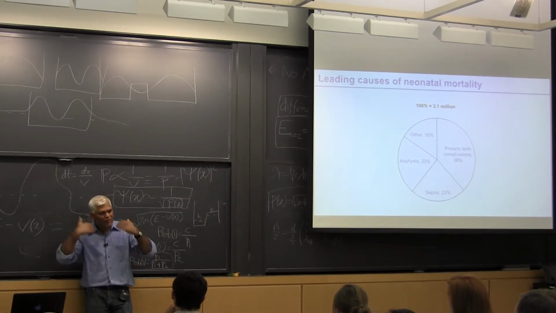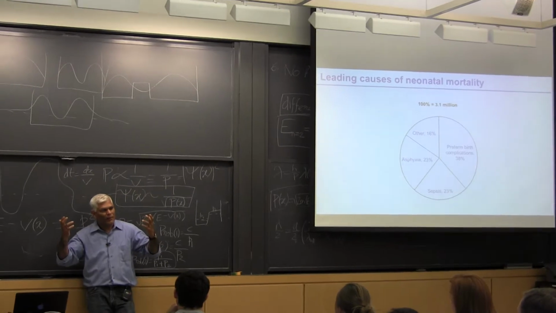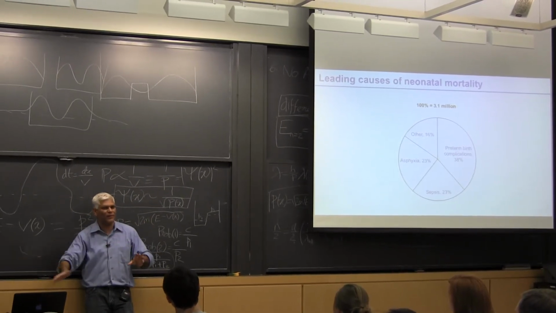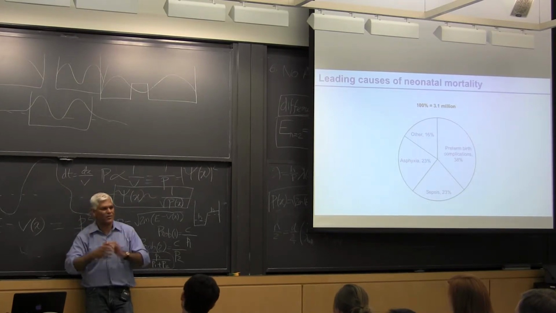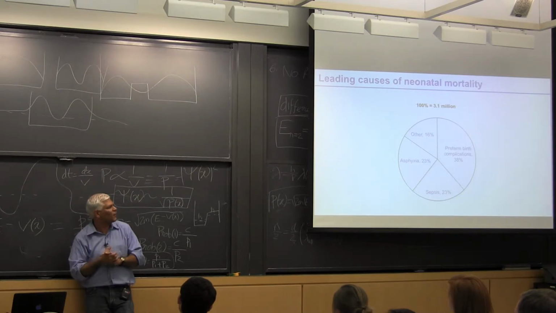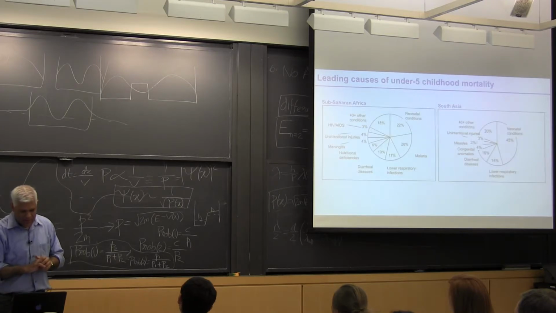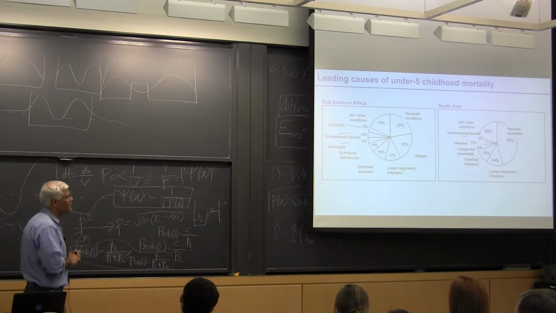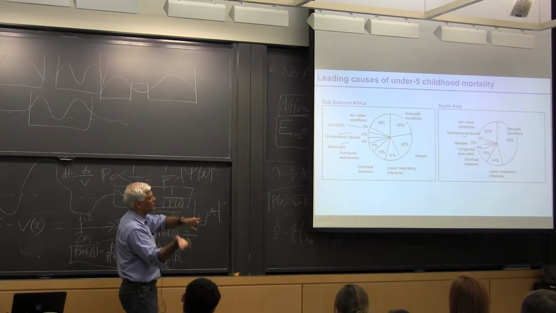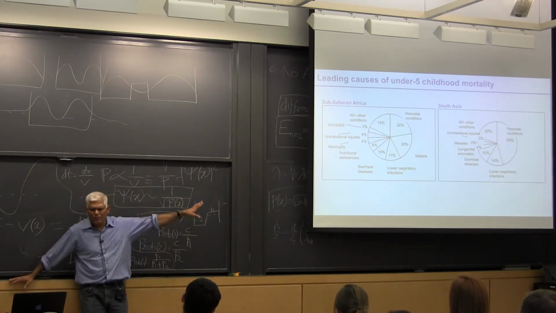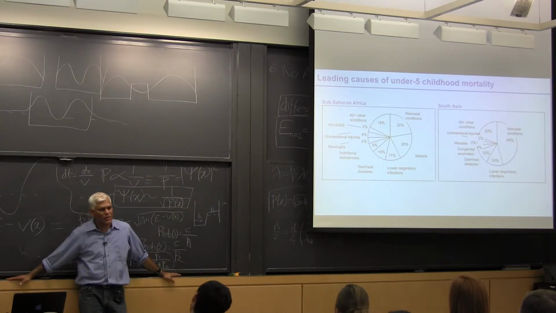Just even from that very basic point of view, it's one thing to have a technology come out of a classroom. It's an entirely different thing to figure out the millions of complications that you run into in deploying it, clinical, let alone business and market demand and so on. Now, very quickly, let's just look at under 5 childhood mortality. And some of this actually overlaps with the previous page on neonatal conditions. So what's one big difference you see between South Asia versus Sub-Saharan Africa?